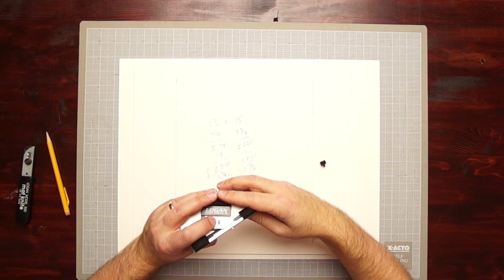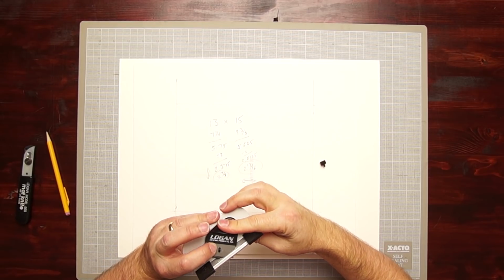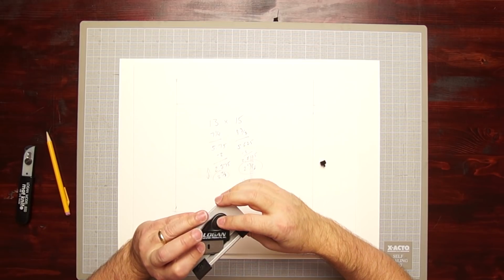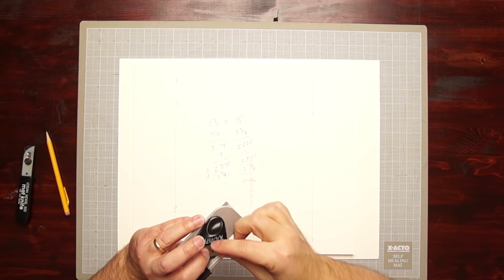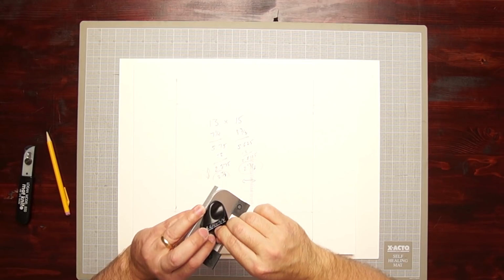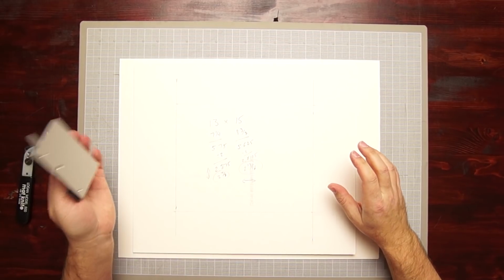So the blade will come through the bottom when you push down on the cutter head. It is adjustable with this little screw for the depth. You only really need to bother with that if you are using something other than a 4-ply mat board, like a 2-ply or maybe thicker like an 8-ply. Ideally, what you want this to do